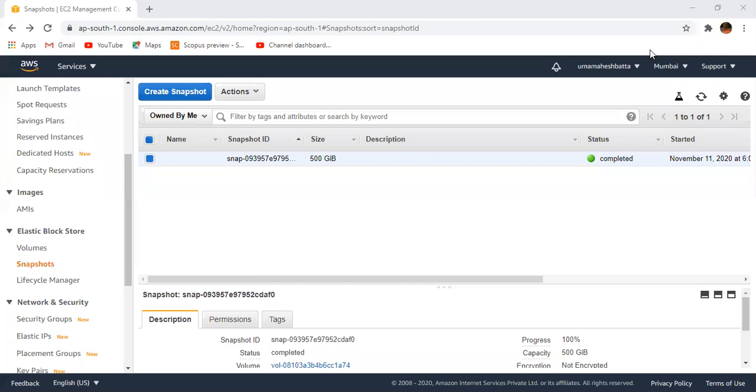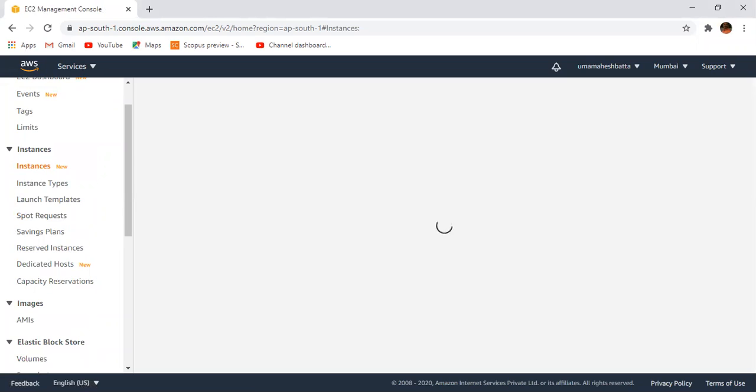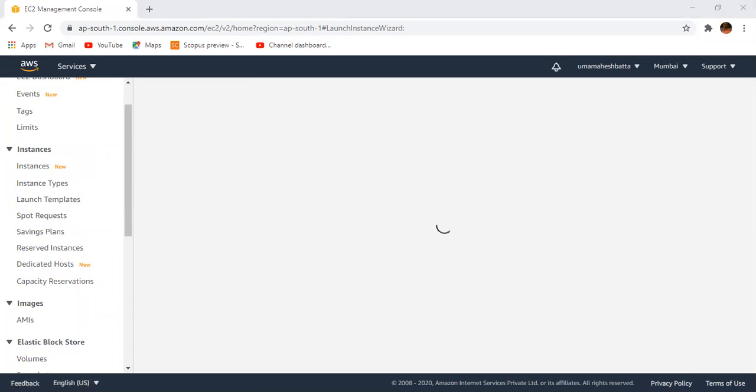Okay, the next important thing: you will create the volumes based on an instance. That means first you have to create the instance, and from the instance you may create the volume. How can you create the instance? Go to Instances. Here, launch the instance. If you launch the instance, it will ask